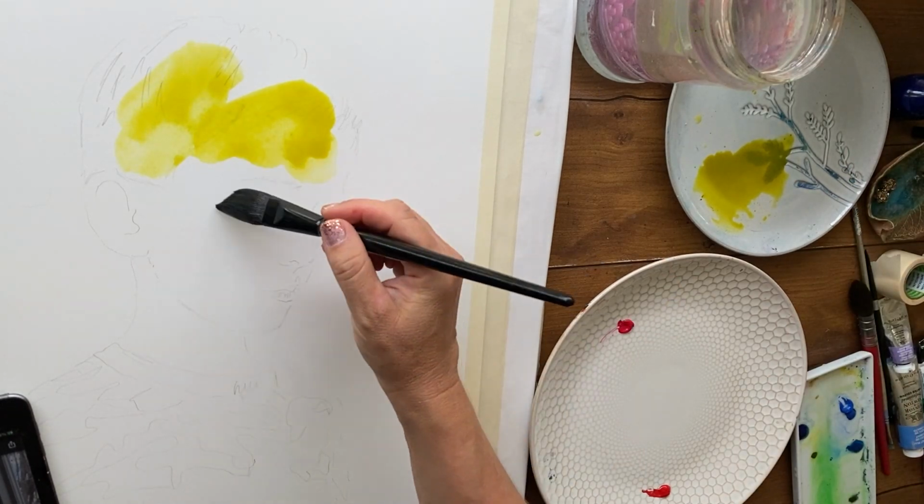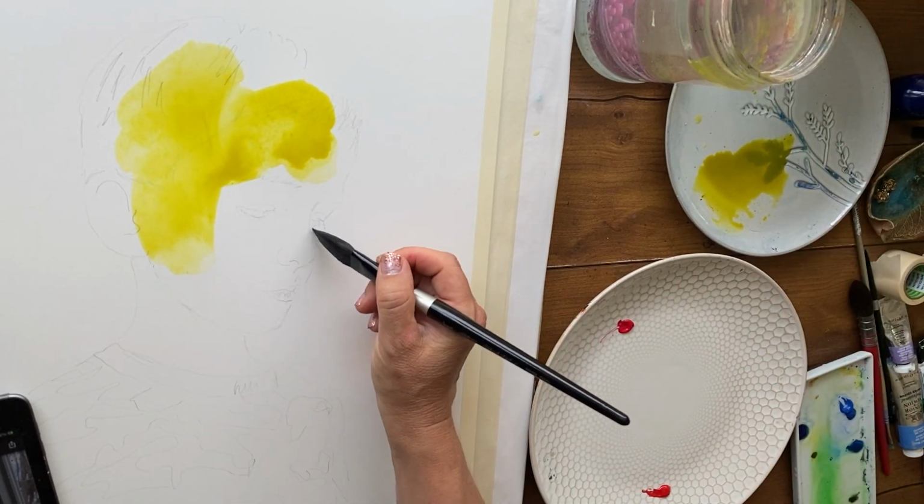So let's take a little bit of a peek at my process for this Parker painting and what I've been thinking and how I really used the power of a very creative underpainting to guide me through the next stages of this painting. This is a painting of my son Parker, whom I actually talked a lot about in a more recent...